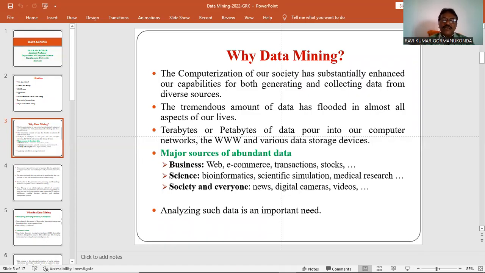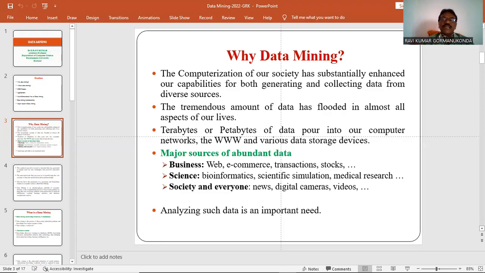So actually data came from major sources: business, science, society and everyone, and social media analytics also. In business, data came from the web, e-commerce, transactions, stock market, and in scientific data, bioinformatics, scientific simulation, medical research, and engineering, etc. Society and everywhere.